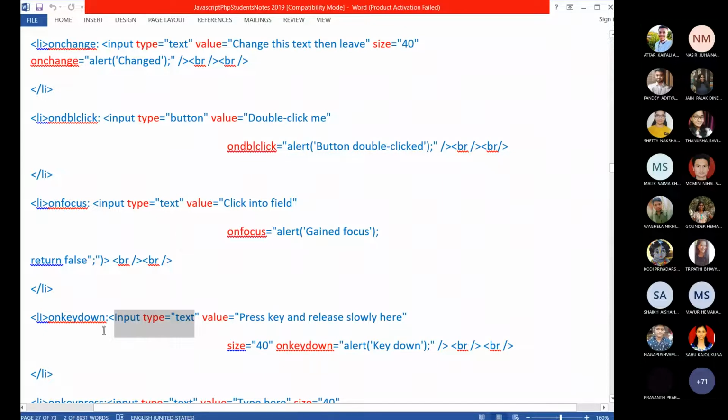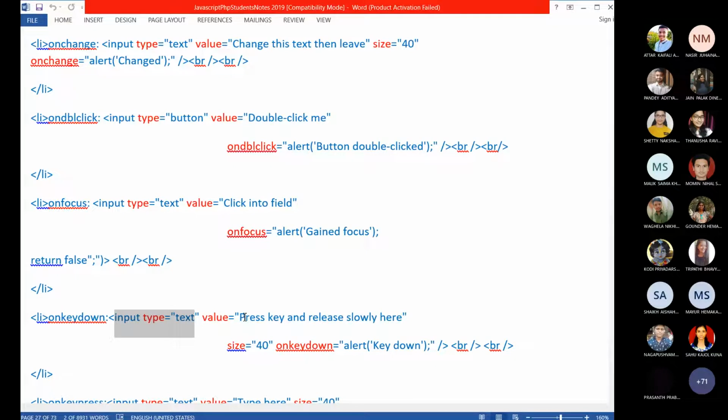But on key down, matlab kya? You have created the text box, and you are pressing some key. You have kept the cursor pointer inside the text box, and then you are pressing some character or any key on the keyboard.